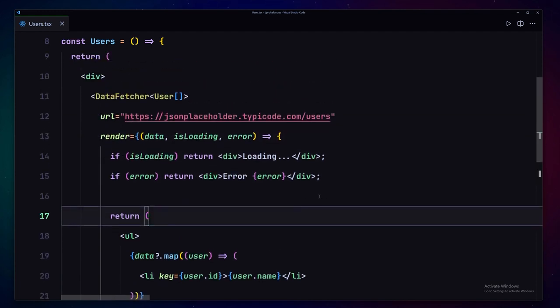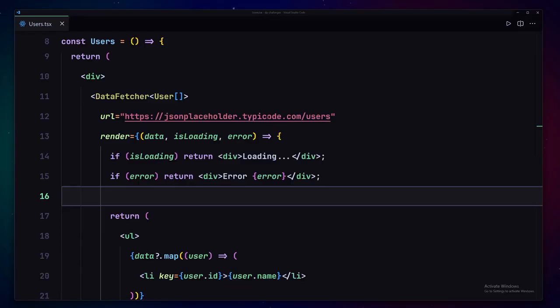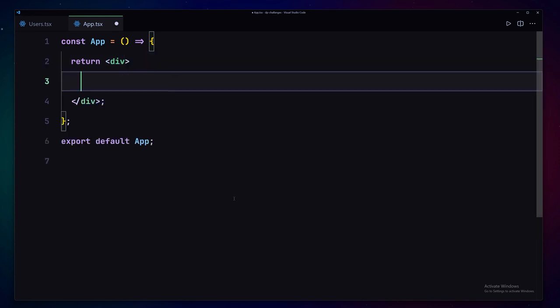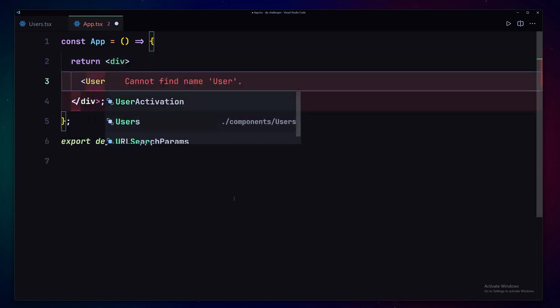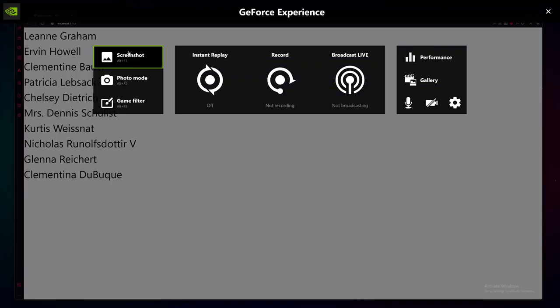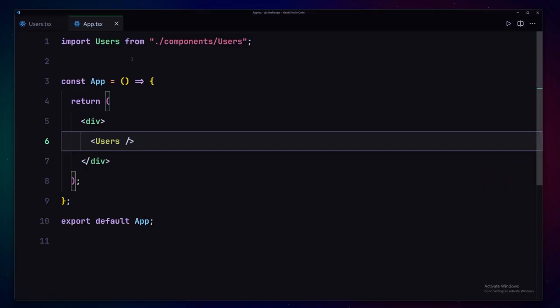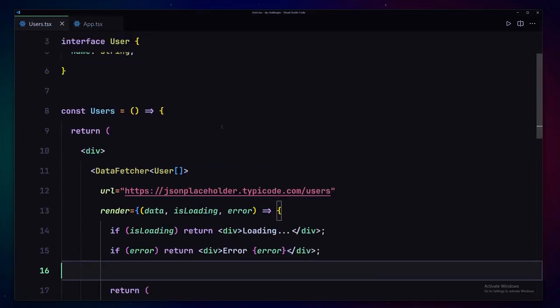So finally the moment of truth, and we are still getting that app. That's because we have to go to our app component and render our users component inside there. Close our file. Let me just refresh this. So here you can see we're now getting all of those users from that API. So this is how we are going to be fetching our data, and that was it about the render props